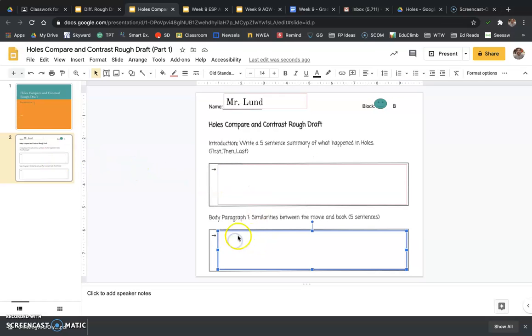And then the second paragraph we're going to do today is the body paragraph. You're going to write about similarities between the movie and the book. That's the first body paragraph, where we talk about the things that were the same between the movie and the book. Here's what we're going to do. I'm going to do the first sentence for you. So in the introduction,